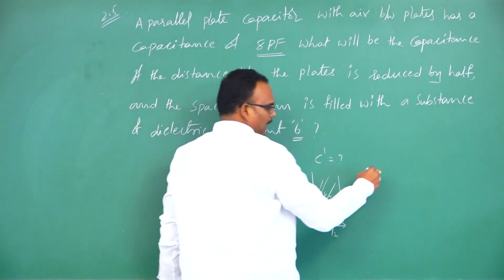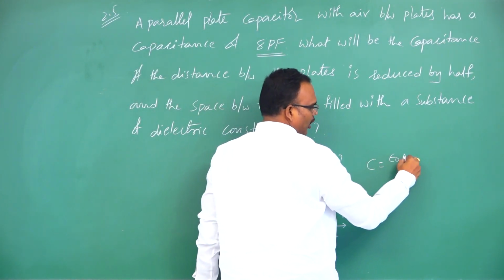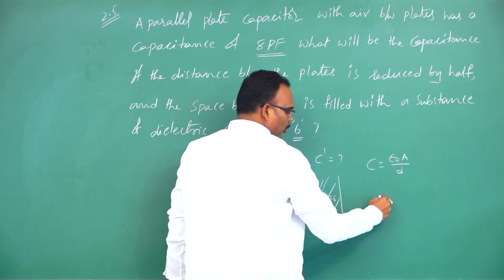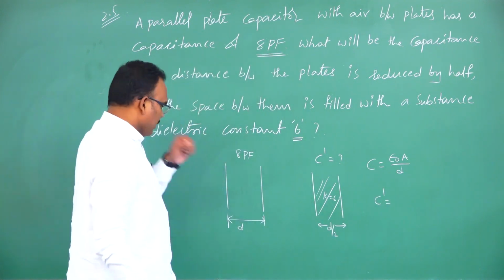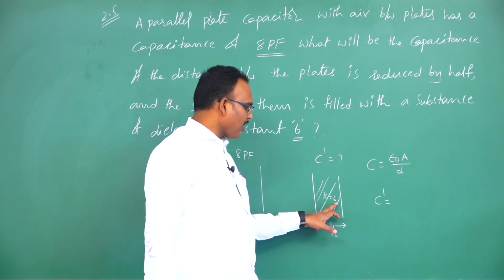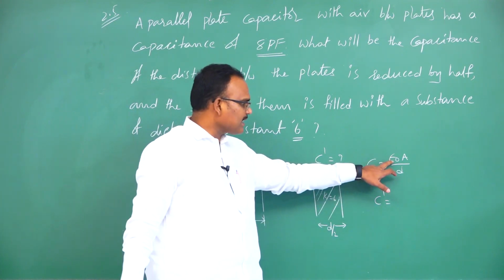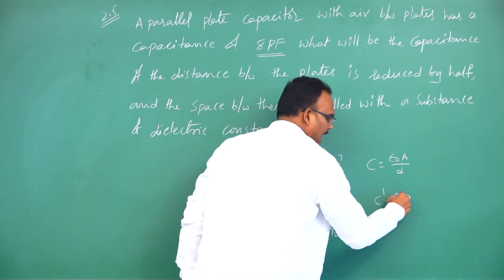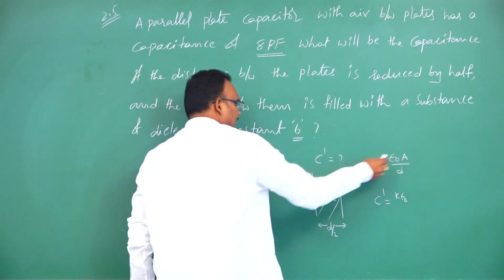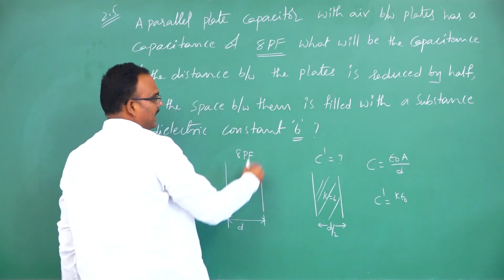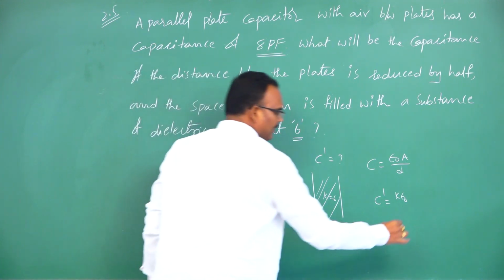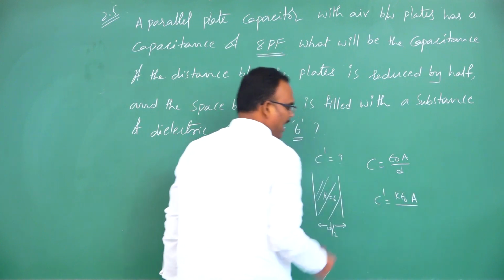Okay, we know capacitance C is equal to epsilon naught A by D. Now the new capacitance C dash is equal to, here it was air filled, so epsilon naught. Now it is filled with a dielectric constant K, so that's why this epsilon naught I will write as K epsilon naught because of the medium. And A is the area of the plate. Area of the plate information is not there, that means the area of the plate remains constant. So it is A divided by